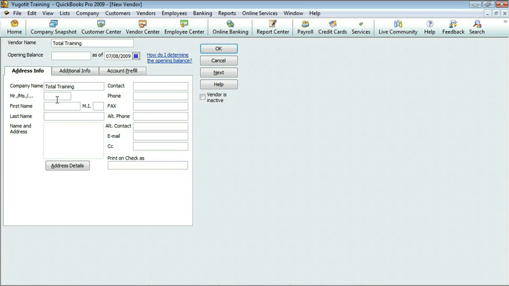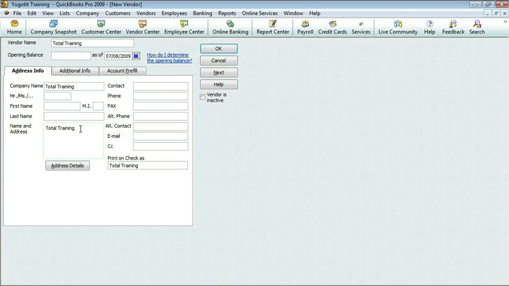I could also put in some personal information if it wasn't a company. This is really important to notice the difference. If I enter a company name, I do not want to use the Mr. Ms. first name, middle initial, last name. I want to use one or the other. If I have a contact within a company, then I enter that name on the right-hand side. It's a little bit different, and I don't think QuickBooks does a really good job of telling you how to use these different things. The phone number, the fax, and all of that information is also important, as well as